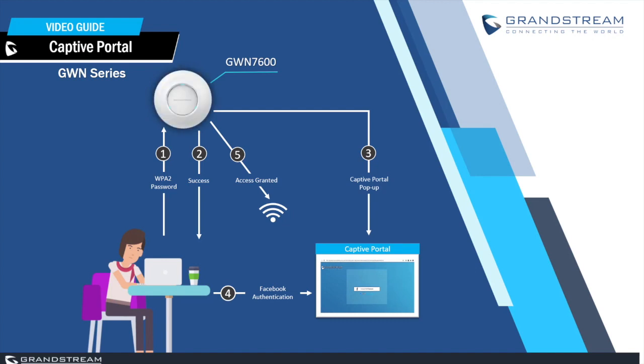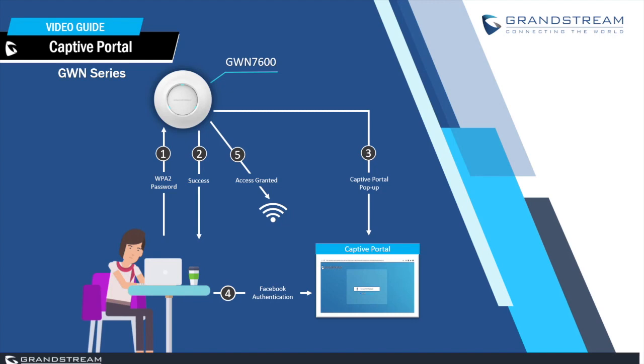In this video, we will go over the captive portal feature available on the GrandStream GWN 7600 access points and demonstrate the configuration process. As you might know, a captive portal is a landing page that gets displayed when a user tries to connect to a wireless network. The user is usually prompted to view and interact with the landing page by providing authentication before access to Wi-Fi is granted. In some scenarios, captive portal can include a disclaimer page to require users to accept it to get